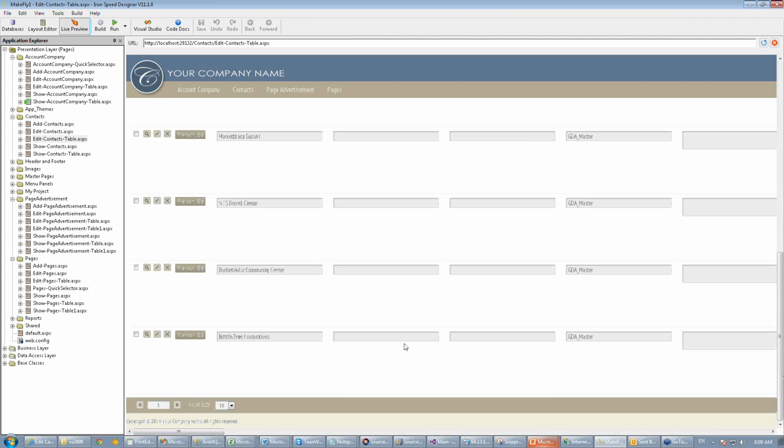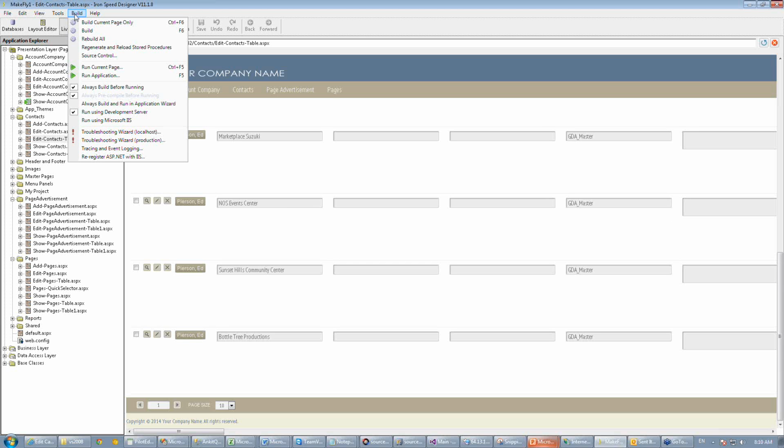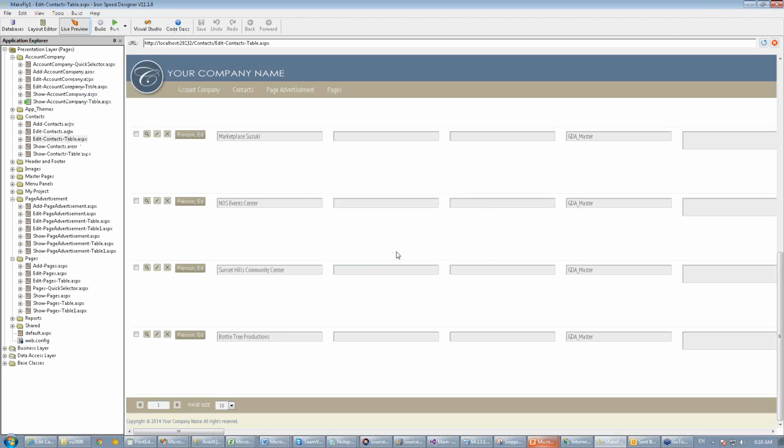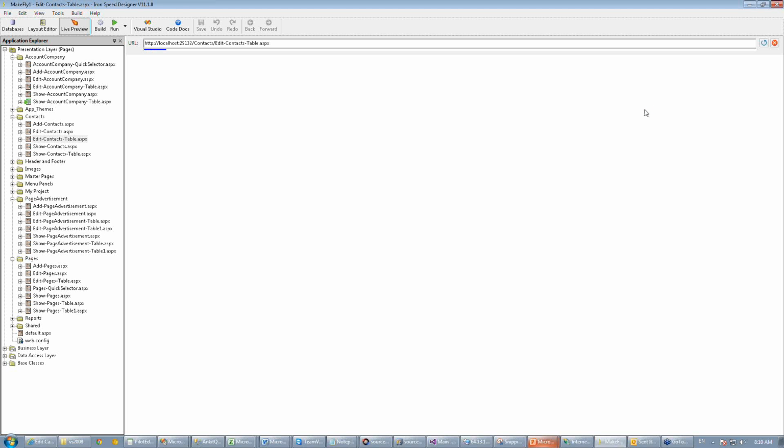Our purpose is to see how the page loads. Right now, this is the whole page. Now, if I want to see what's going on, what I will do first is go to the Build menu, and then I will click on Tracing and Event Logging and enable application level tracing. That's how we can do it in Designer. When you refresh the page now, you will see what takes time